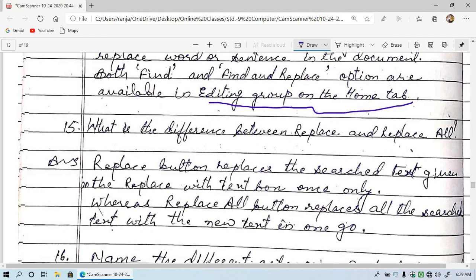So the replace button replaces only one text at a time, and does not replace all the similar text in the document. Whereas the replace all button replaces all the search text with the new text in one go. In one time it converts all the search text into the given new one.